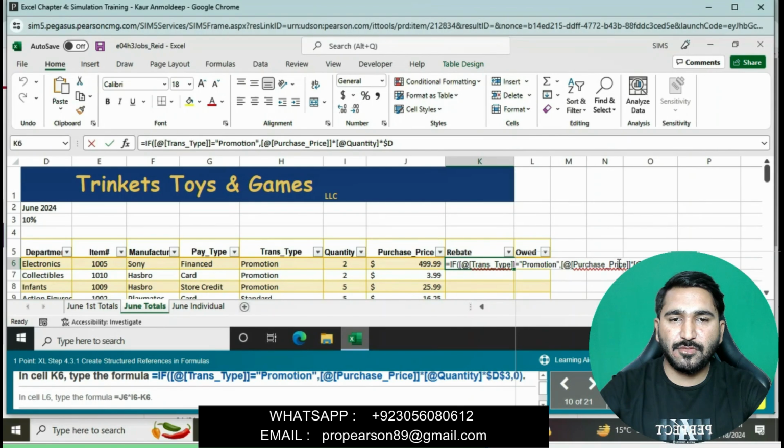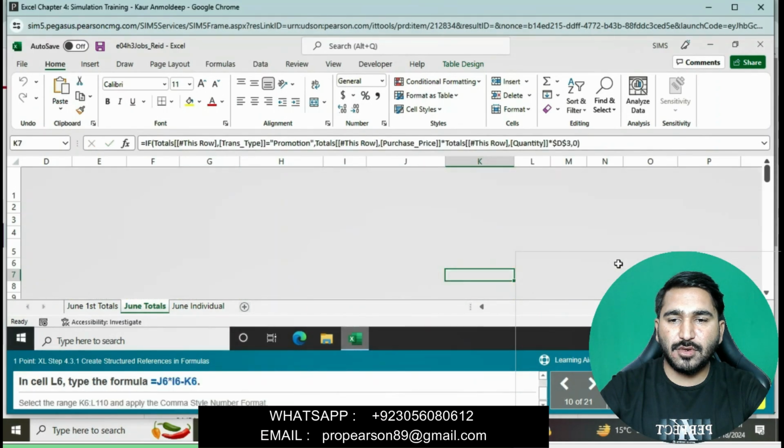Press shift and the 4 key for the dollar signs. Then multiplied by transaction type is equal to promotion, comma, multiplied by purchase. Okay, the question is done now.